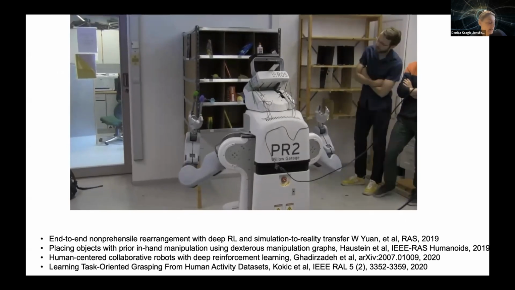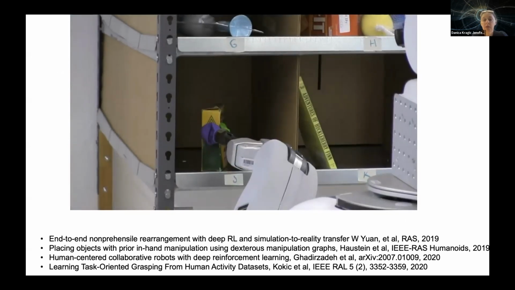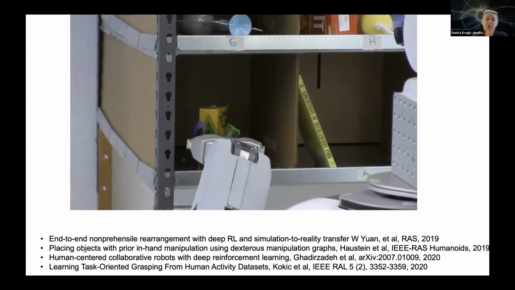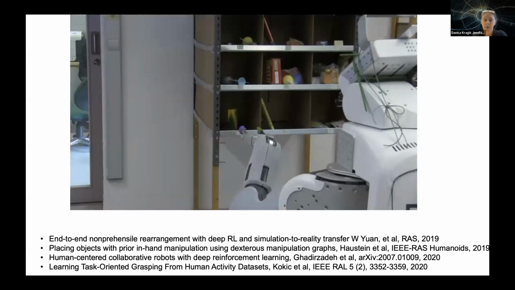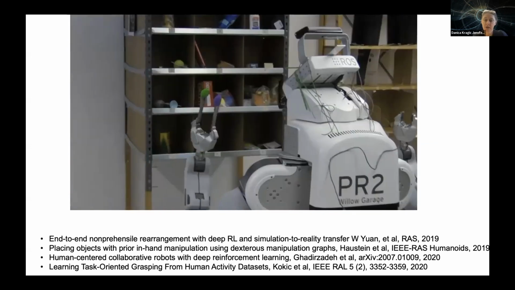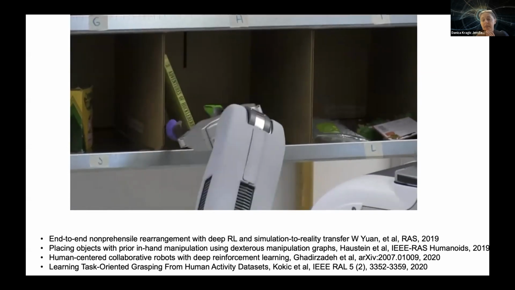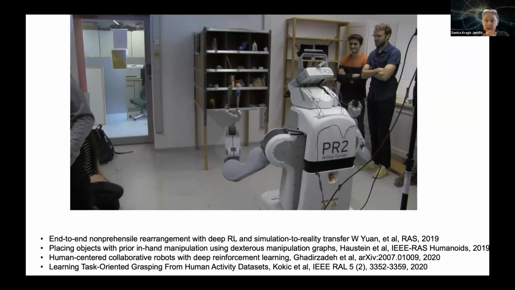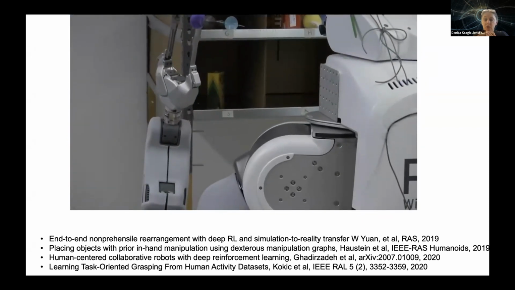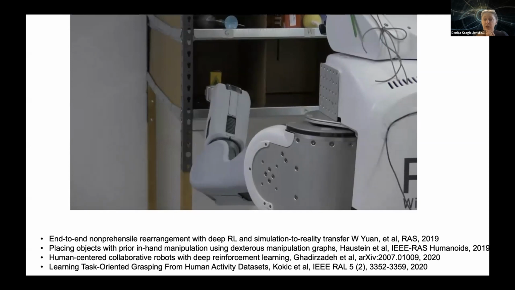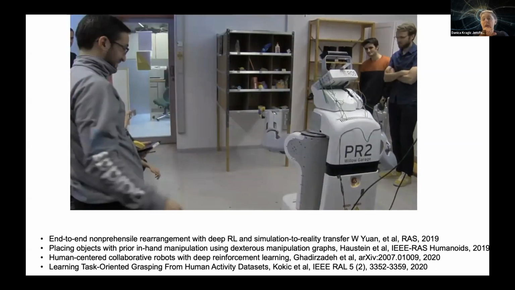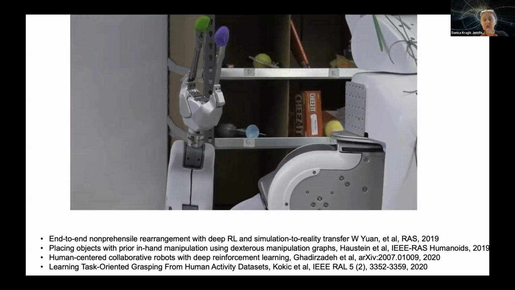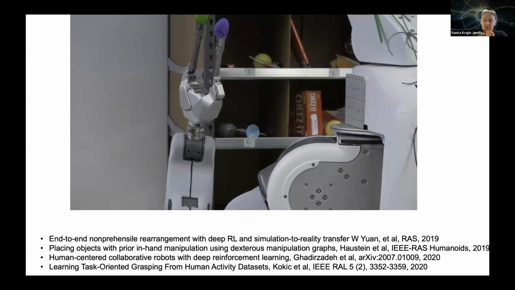Now, just to give you a couple of examples of where I come from, we do like to be part of competitions. So this is one of the trainings from the Amazon Picking Challenge many years ago. Just to think a little bit about it, the robot is grasping objects in confined spaces. The first thing we needed to do was basically to extend the robot's fingers, because it couldn't reach into the shelf, and the object, due to maybe inexact estimation of the pose or something like that, was pushed rather than grasped.